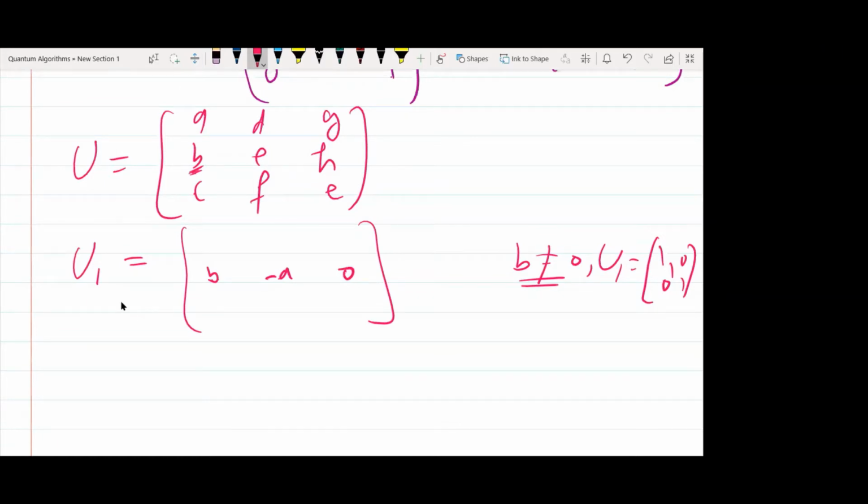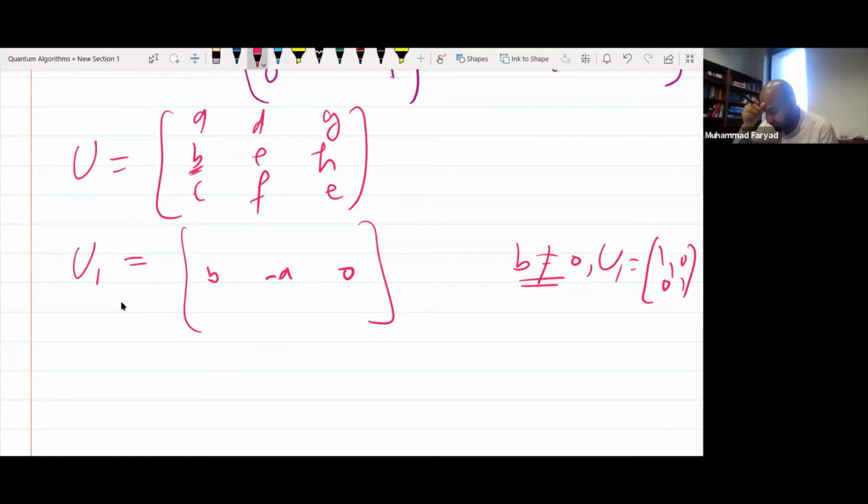I can't see which row this is. Oh, okay. So